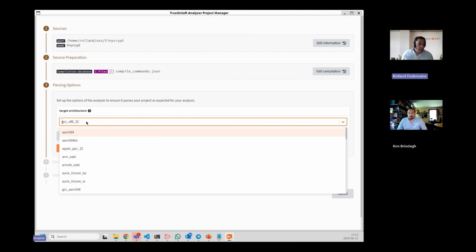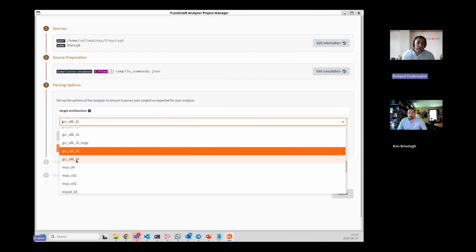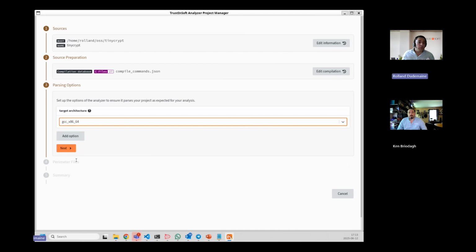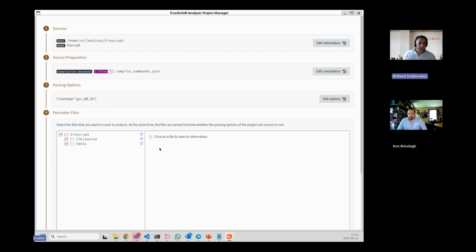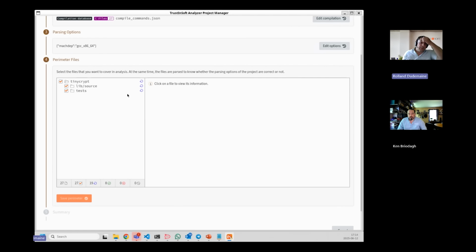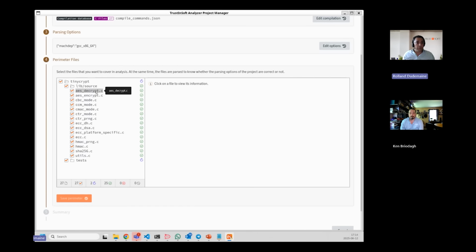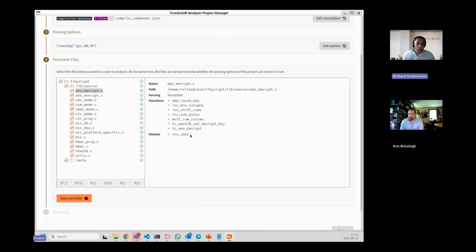And we don't need to give the list of source files because these are not the entire source files of the repository, but all the ones that actually are built in the code. Then I can type next. Then the tool is checking that the configuration passed in the compile commands is actually reproducible by the tool. If we click on one file here, you get the functions that it found, the globals eventually, if there are any. And if that failed for whatever reason, then you would get the log and information on how to diagnose that and repair.